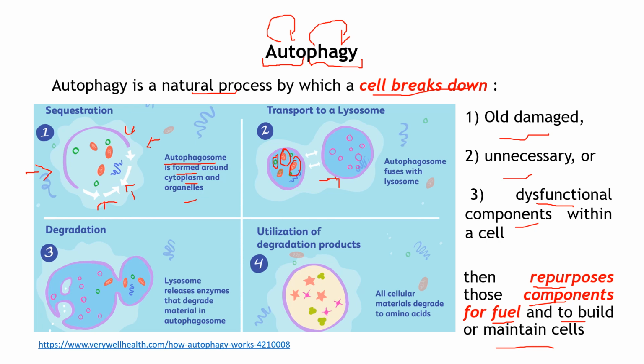Later it goes to degradation. Here the lysosome is going to release enzymes that break the components, and finally the lysosome is able to break those components to later reuse them